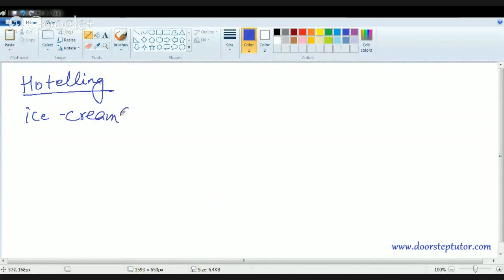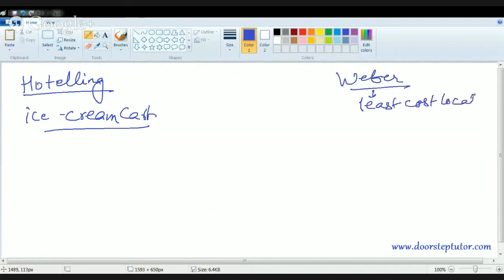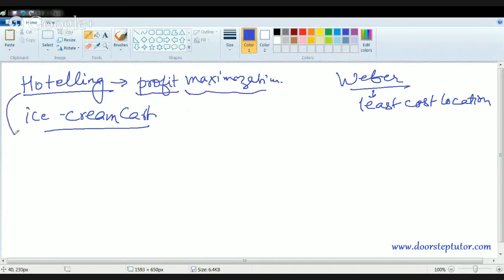Okay. Weber's theory was basically based on the concept of least cost location. As opposed to this, Hotelling based his theory on the concept of profit maximization. So when we talk about profit maximization, what Hotelling basically said is, if you go out to any market area,